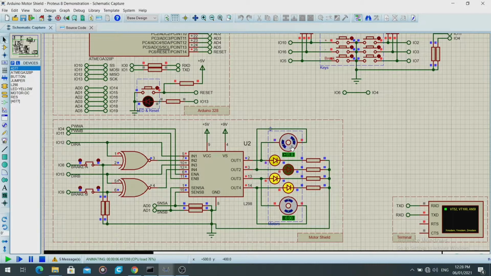So let us wait for the motor to attain a fixed value. You can see that the motor has stabilized to a value of 34.9 RPM. We can also change this RPM value by changing the value of PWM in our code. So this was our first experiment.